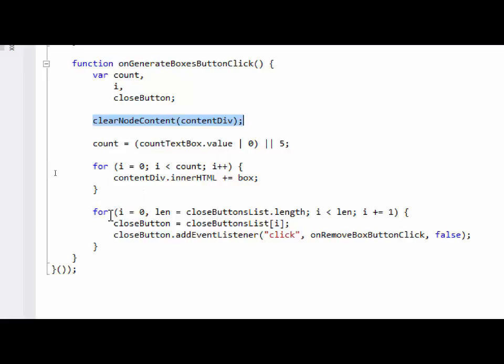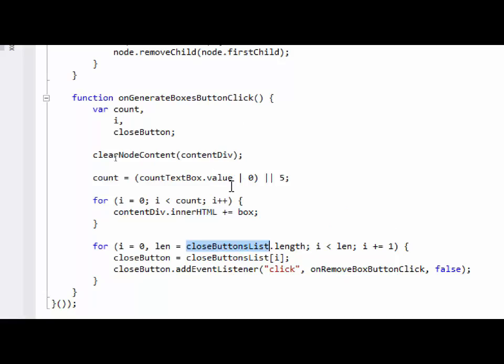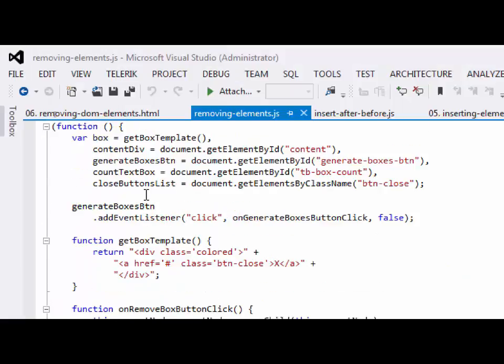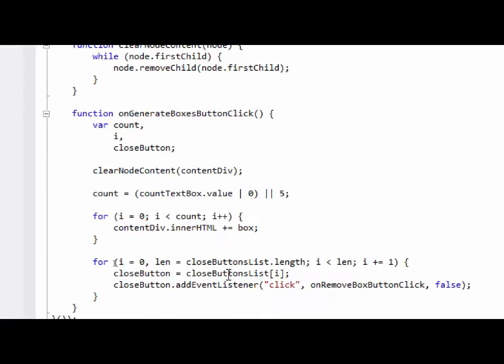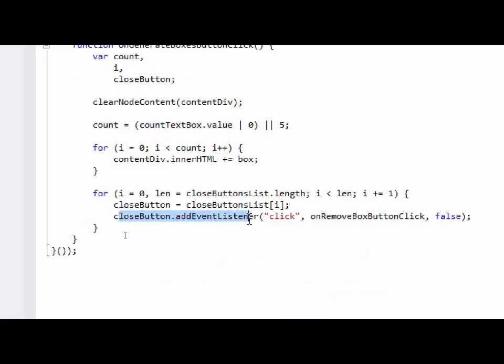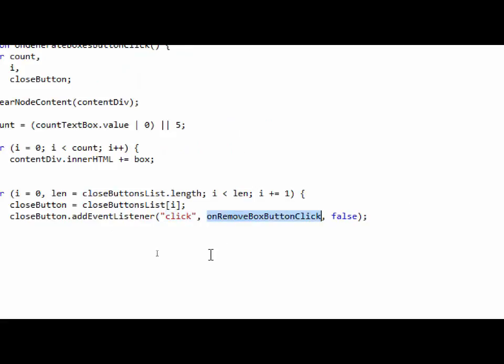So we have all the elements with the specific button close class, which is this list of buttons that we're generating in our boxes. So we're getting all the elements by class name. And these are all the close buttons that we have. So once we add those boxes, we're attaching click events to each one of those buttons that will call the remove box function,